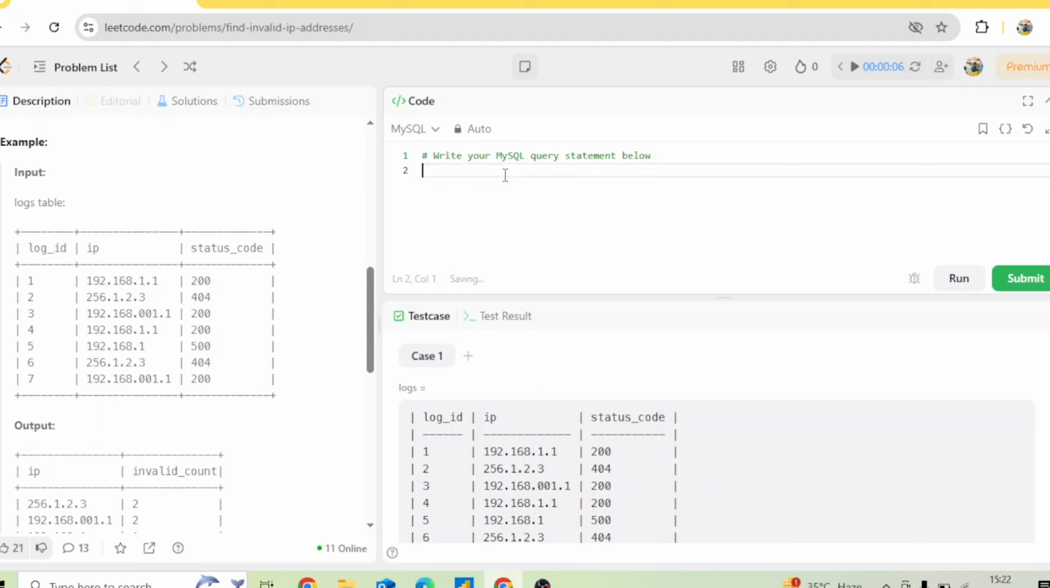And how are we going to get the length of this IP address? By using the length operator, correct? So let us go ahead and write that expression. We will say select log underscore id, we will need that. We will also need the IP address, and here I will say